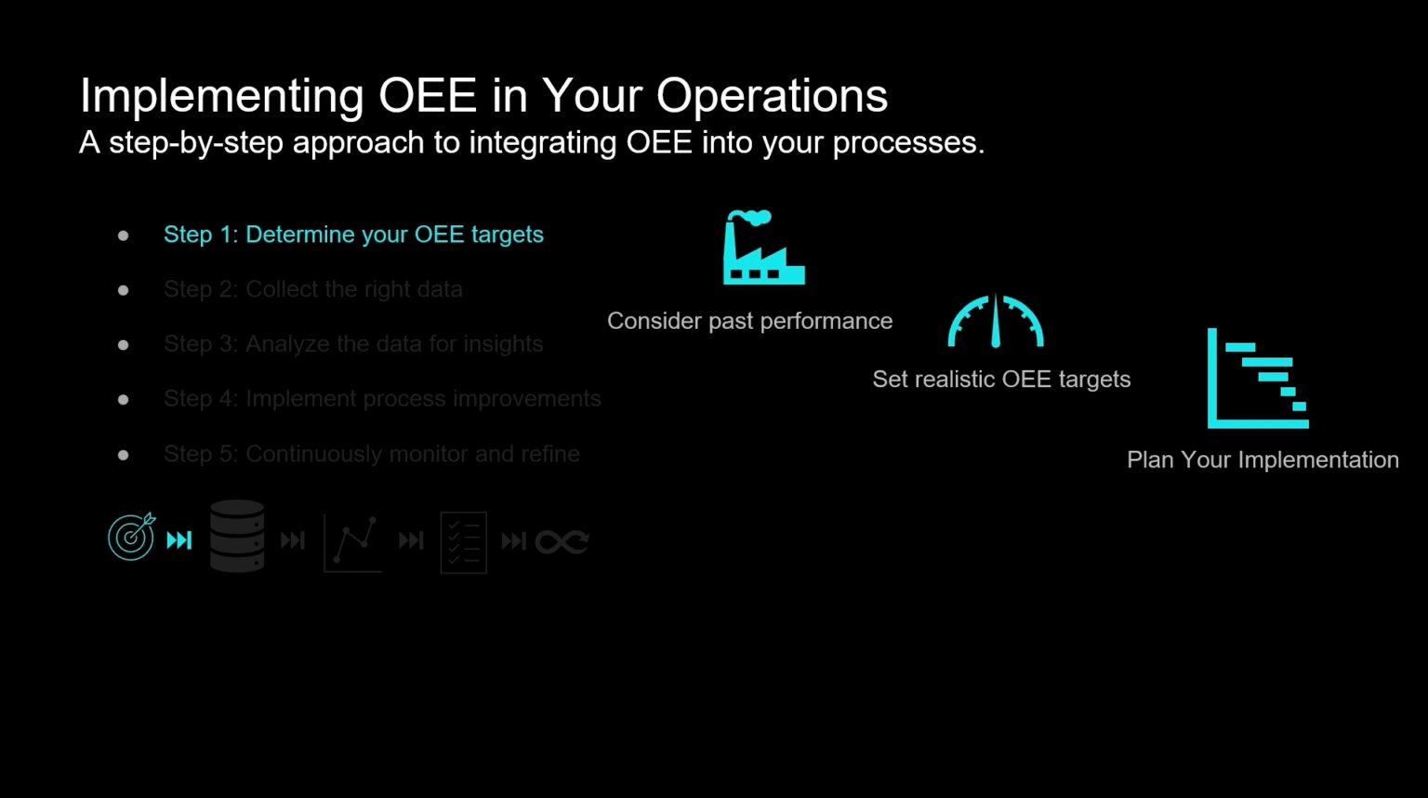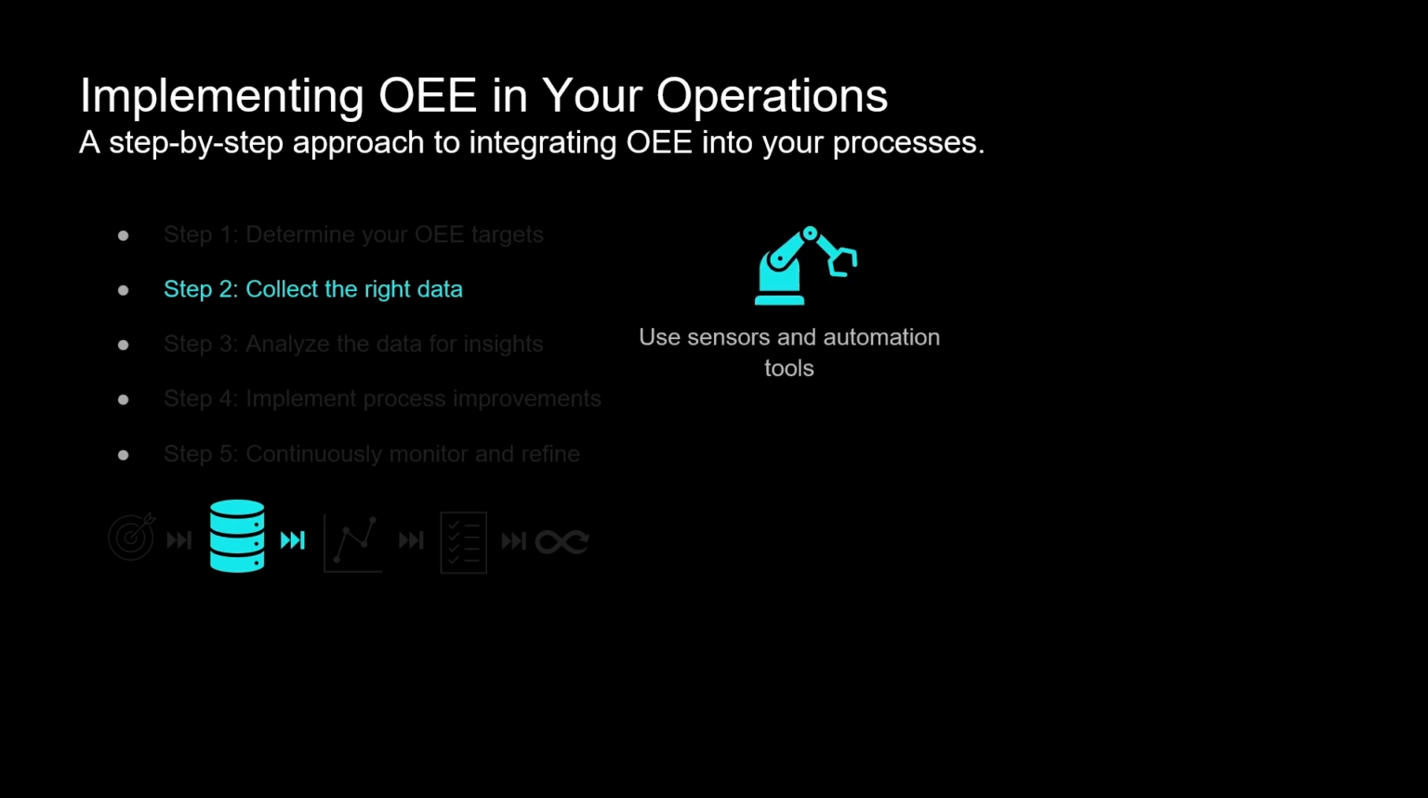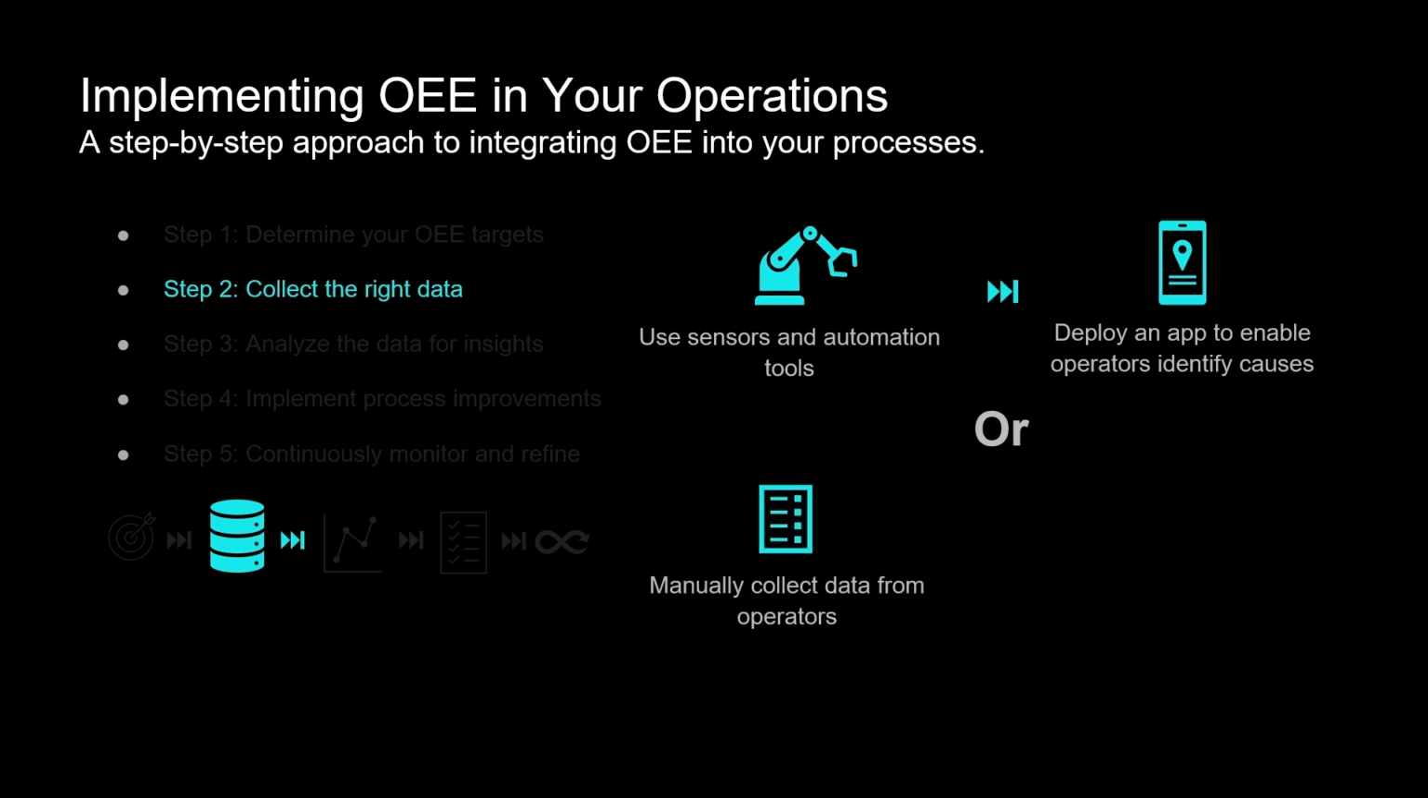Step 2. Collect data using sensors and automation tools, and deploy an application to enable operators to identify downtime causes. Utilize a scalable application that can seamlessly connect to your infrastructure and software. Alternatively, set up a production tracking procedure at your workstations to enable operators to collect data, which can then be